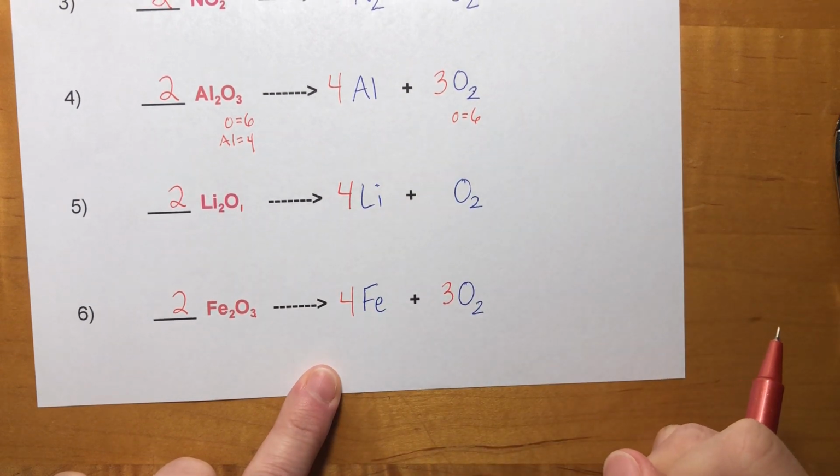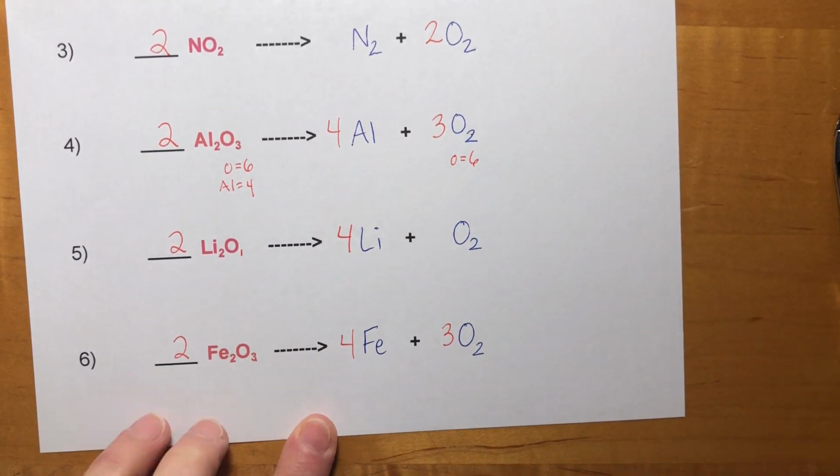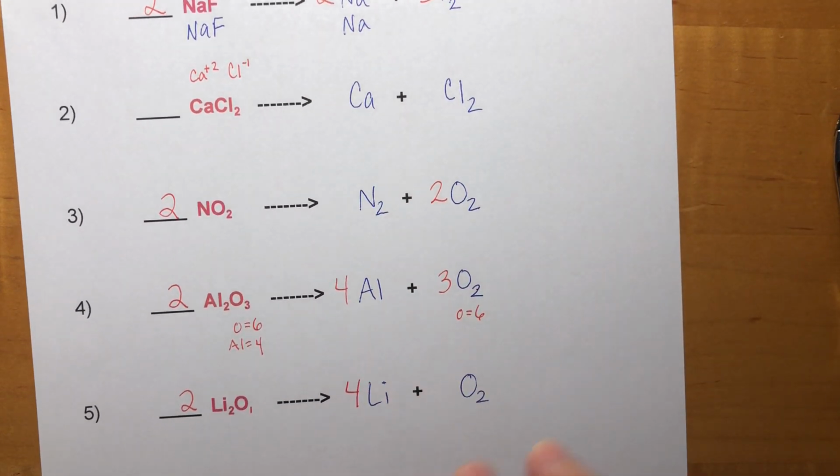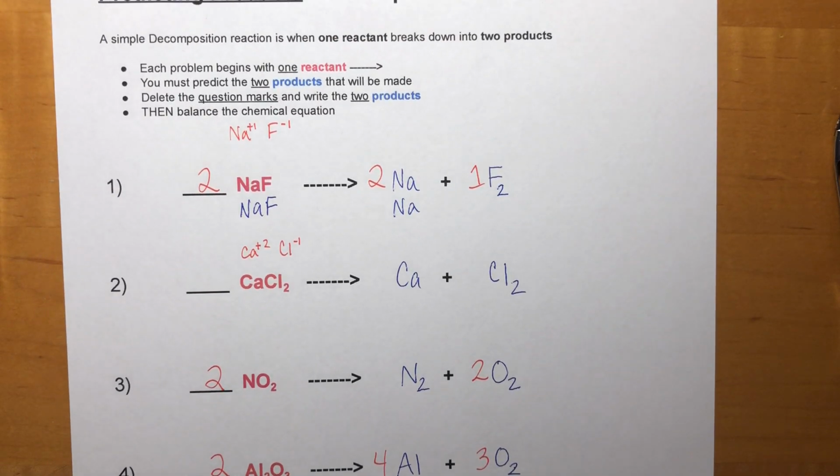And that's it. That's predicting products. So we just predicted all these products that would form, and then we balanced the equations. All right,